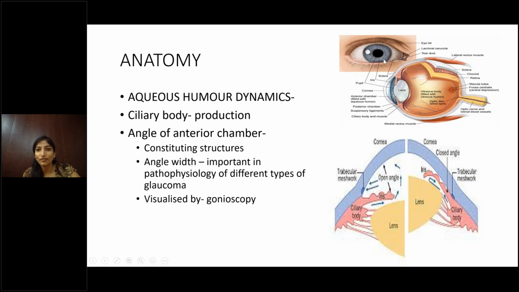So this is the front view of the eye above, if you can see my cursor. And at the limbus is where the angle lies. Okay, so these are two pictures of the angles being highlighted. On your left-hand side, you can see that the iris is lying posterior, the lens is posterior, and there's a nice wide open space between the cornea and the iris. So this is an open angle. Whereas you can see that the lens is pushed anteriorly, which is pushed forwards, and the space between the iris and the cornea is narrowing, leading to angle closure.